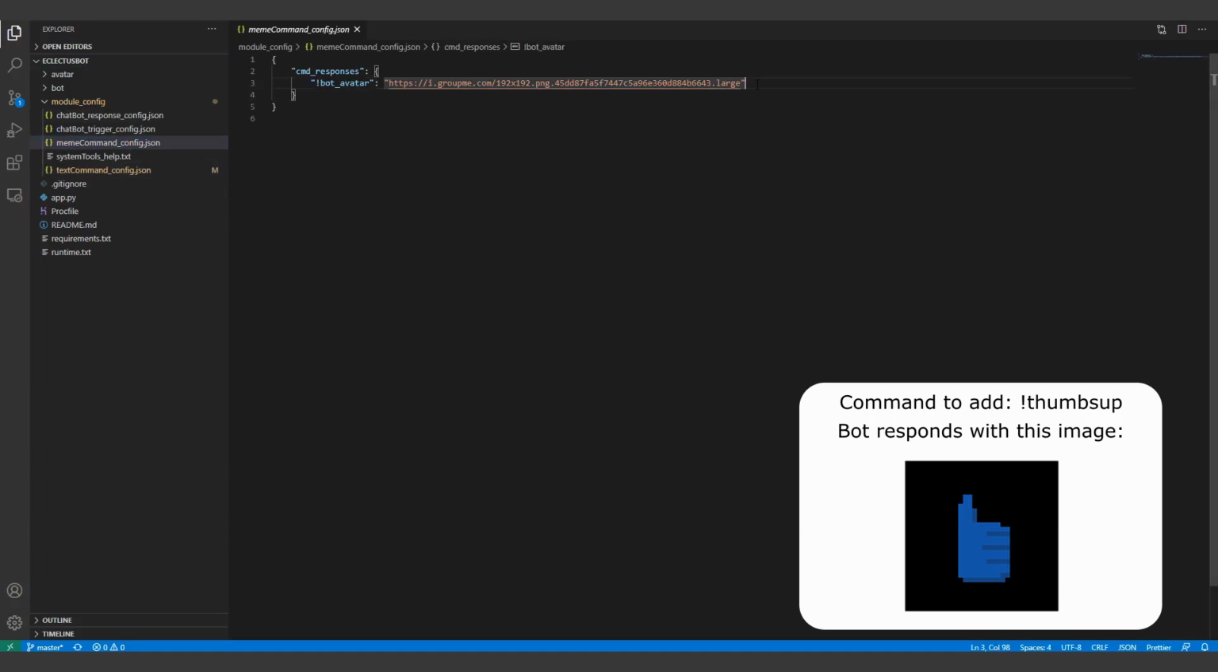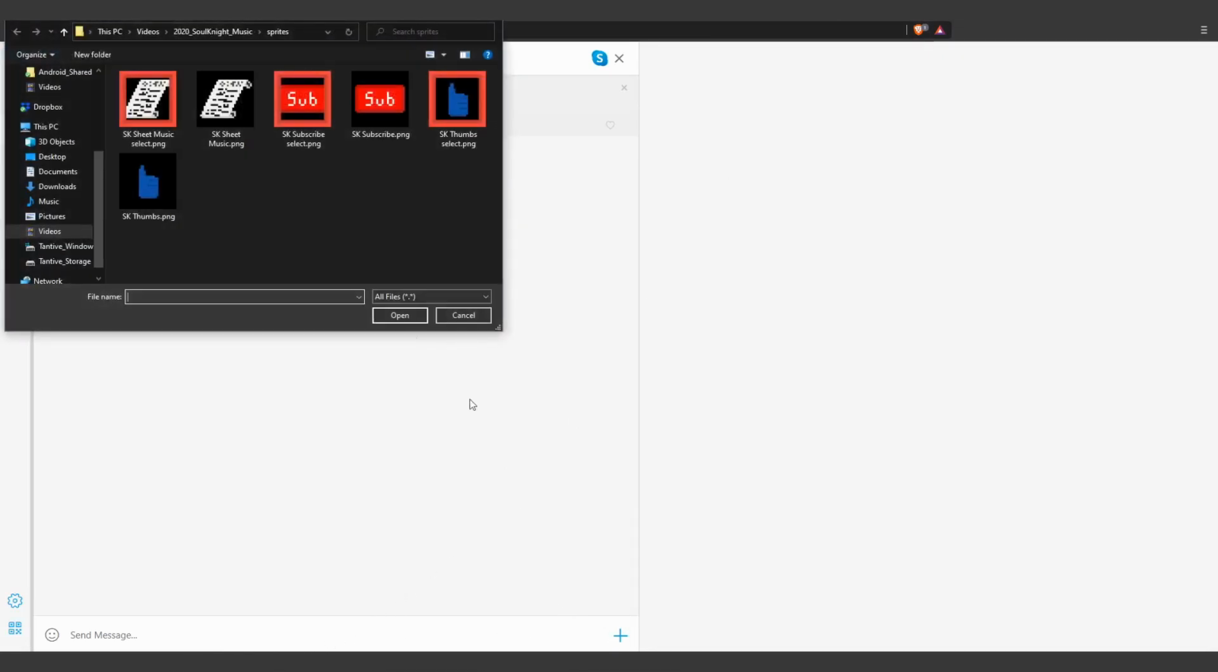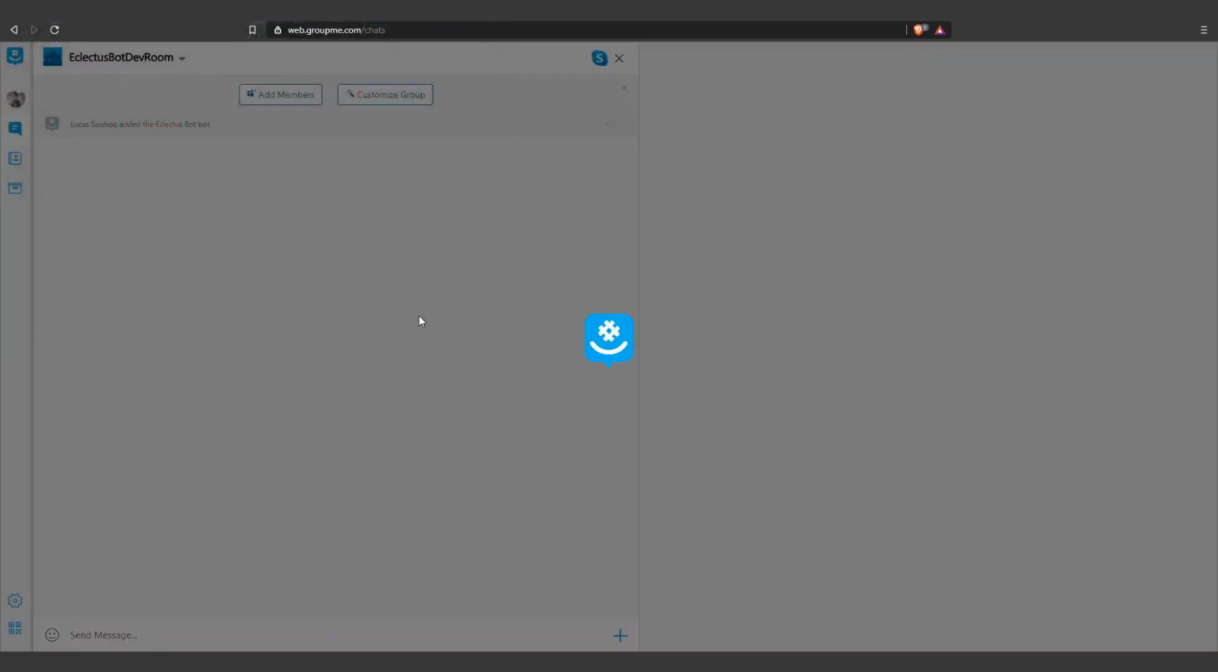The format for this file is similar to the previous one, where you just add in another entry, and the key will be the command that it knows, and the value will be a link to that image or meme. If you're planning for the bot to run on GroupMe, you'll need to have the images first be processed through GroupMe's image service. There are ways of doing this through curl, but I find the easiest way is to just